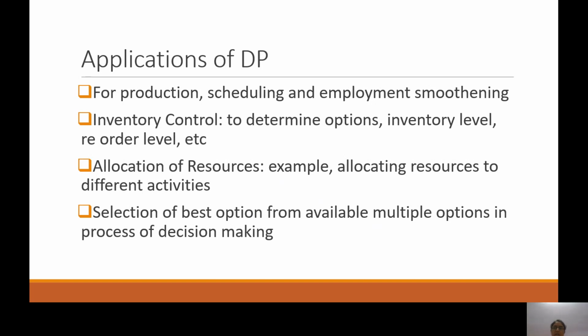Example is allocating resources to different activities, optimum use of resource in short. Then selection of the best possible option from available multiple options, usually known as the decision making process. So dynamic programming has a very direct and very obvious application to the decision making process, also has direct application to strategic management. So if anyone is going ahead with management studies as their post graduation option, you might very well learn in detail about dynamic programming under the subject of strategic planning and strategic management. So it is the most important tool that is used for the decision making process.